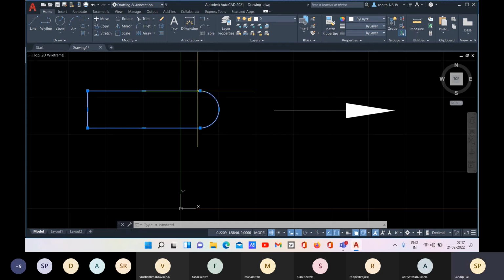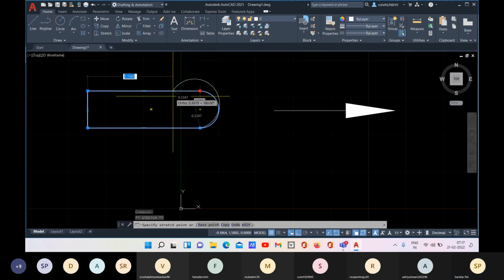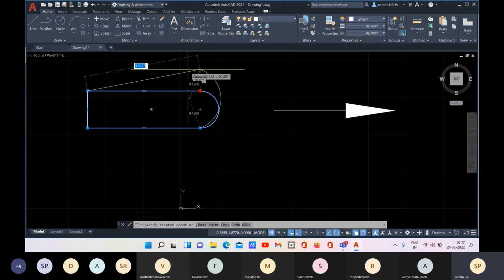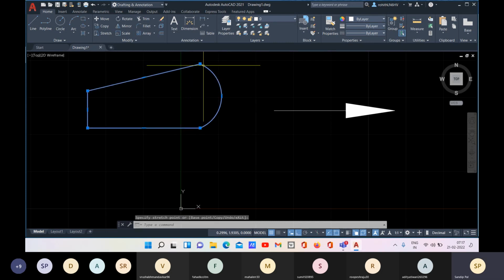Now you can also modify it with Stretch Vertex, or if you want to remove a vertex, you can remove it. If you want to add more vertices to change the shape, you can do it. If you want to stretch the vertex, let's go for Stretch Vertex. You see that you are changing the position here like this.